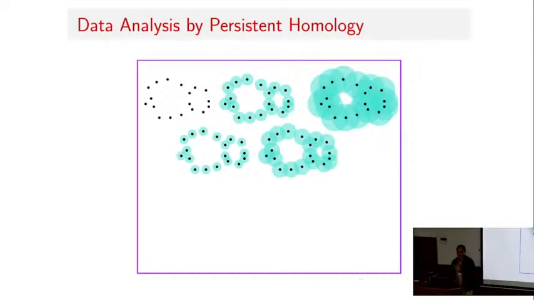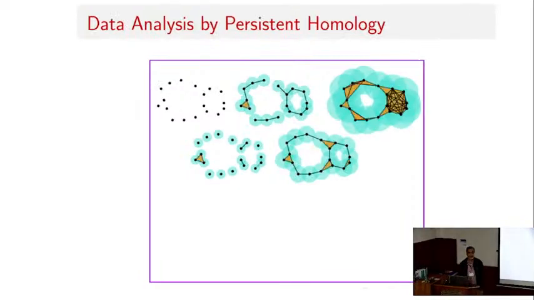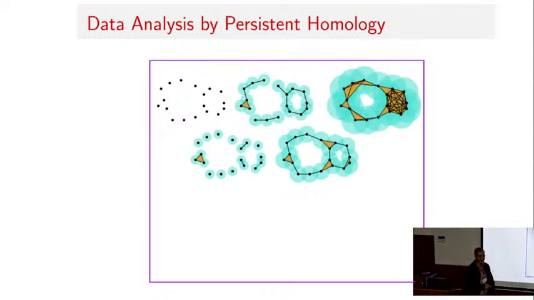The only problem is that with this growing space, it's very difficult to compute, because you have to compute the union of disks. This is only in two dimensions. In high dimensions, we will have balls, and computing their intersections is not going to be easy. So one way out is to map this space to a simplicial complex through the construct of the nerve. This is nothing but a dual combinatorial structure which represents the connectivity of this space.